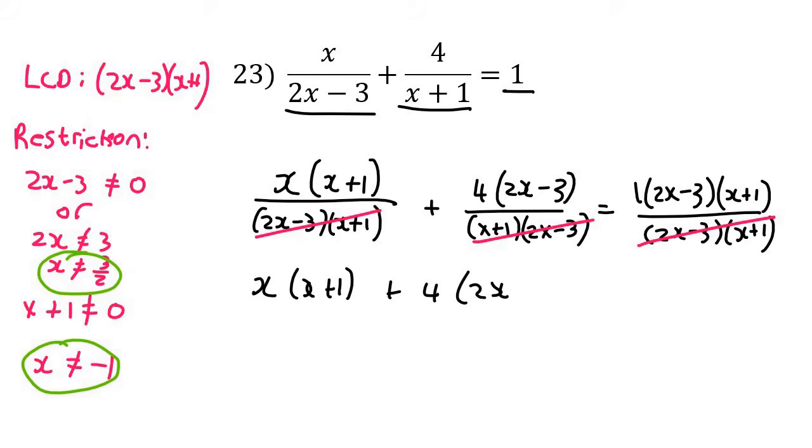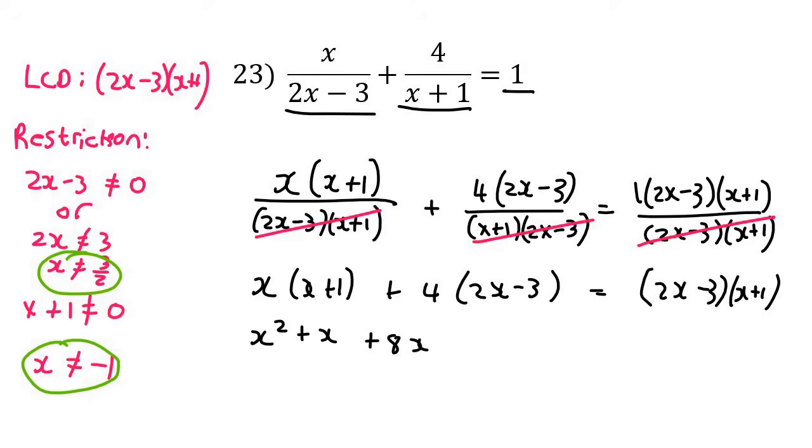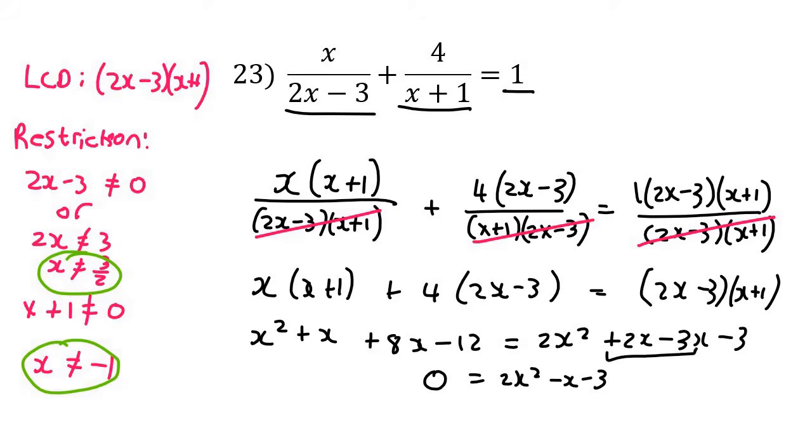I know I'll mention this in almost every video, but I'm trying to get you guys to see something. Okay, now this little 1 in the front, I'm just going to ignore that because that doesn't really do anything. Now we can multiply the brackets in, so it's x squared plus x plus 8x minus 12. Then this is 2x squared plus 2x minus 3x minus 3. I'm going to take everything to the right, and so that's going to give us 2x squared minus x minus 3, because I just put those two together,